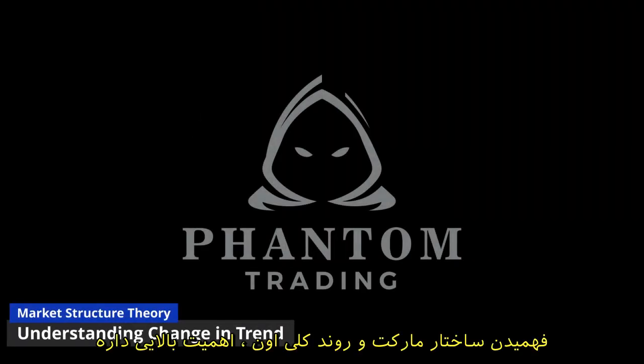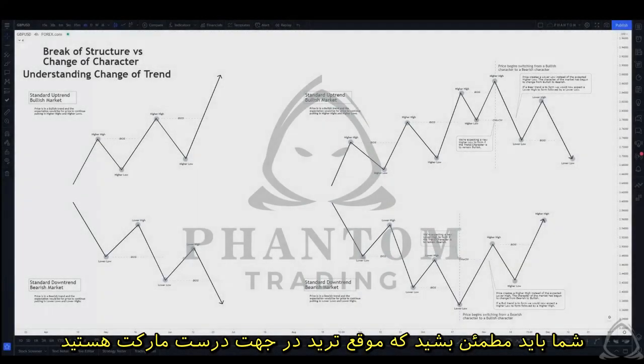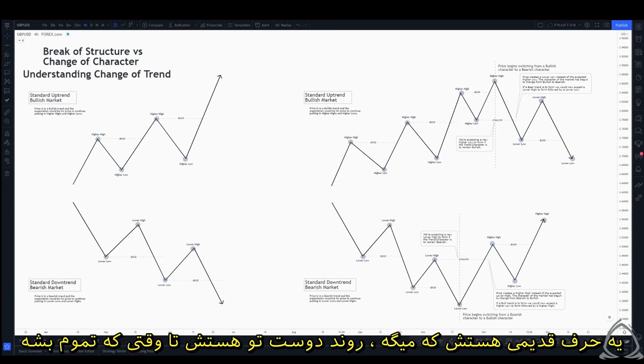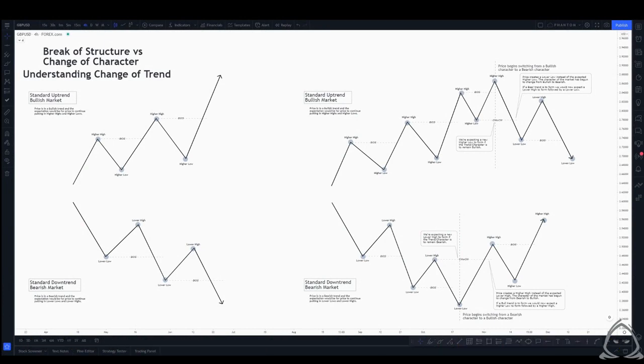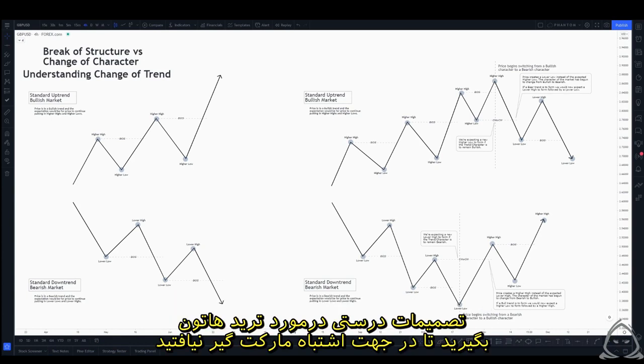Understanding market structure and the overall trend of the market is incredibly important. You want to make sure that you're on the right side of the market when you're trading. The old saying goes, the trend is your friend until it ends. One of the most important things is being able to understand when the trend is starting to end so that you can make proper trading decisions so that you're not caught on the wrong side of the market